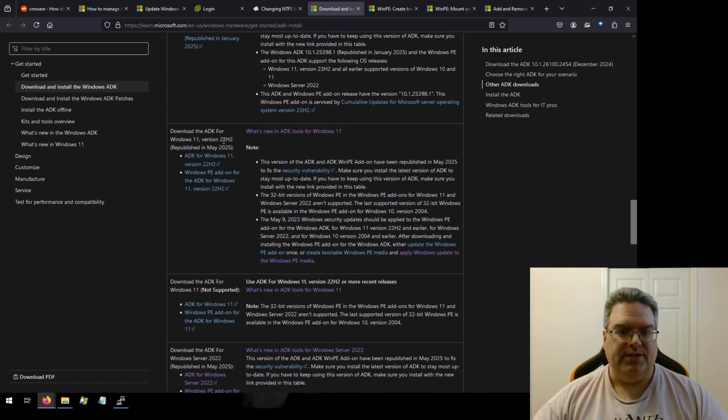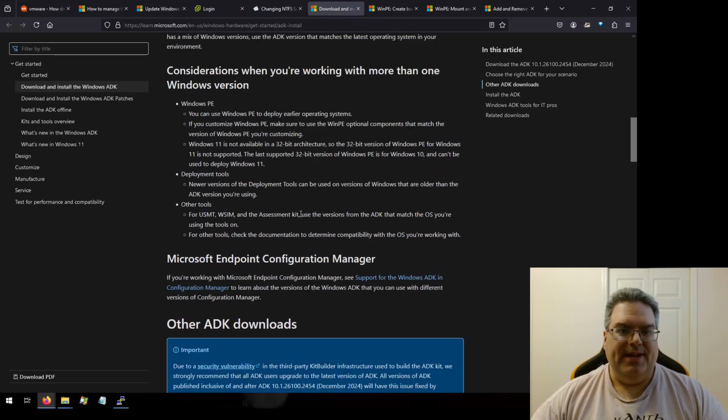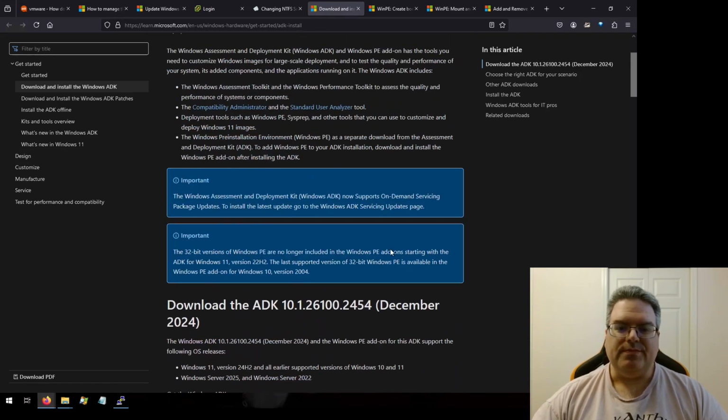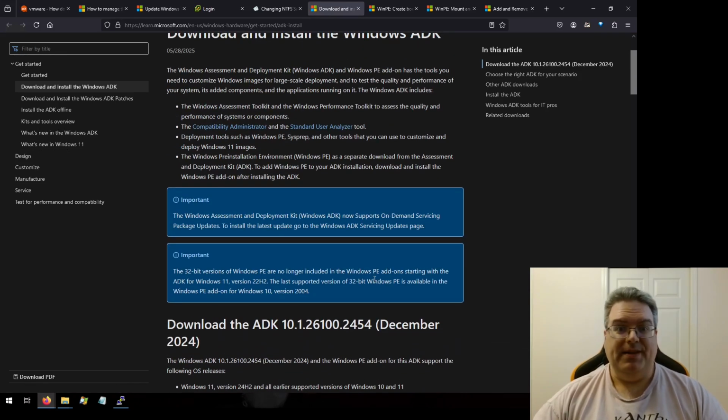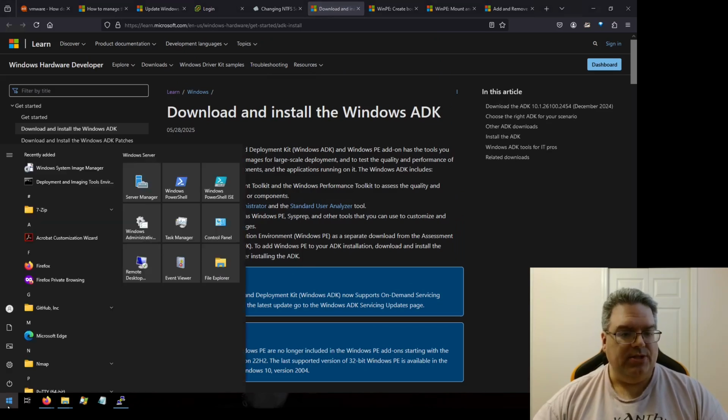older versions. This is for Windows 11 version 22H2. This is a newer version than that, but not quite as new as the December 2024 version. I'm just going to go with that because it is the most recent. That's what I'm looking for. When you install it,